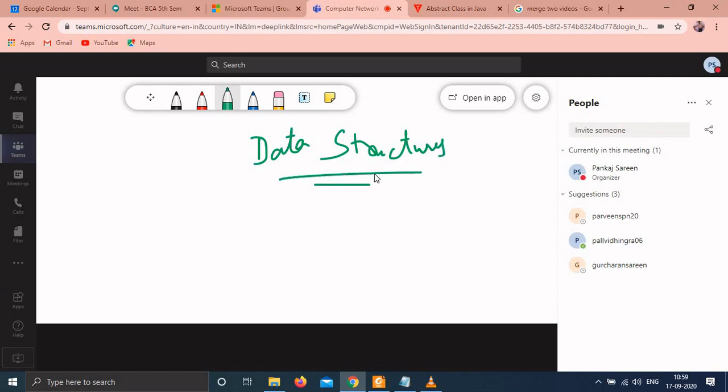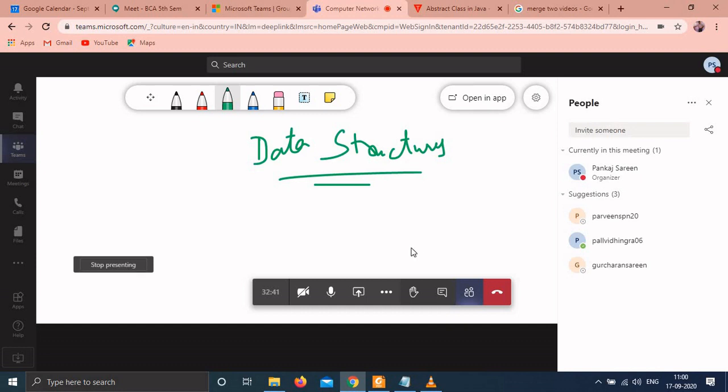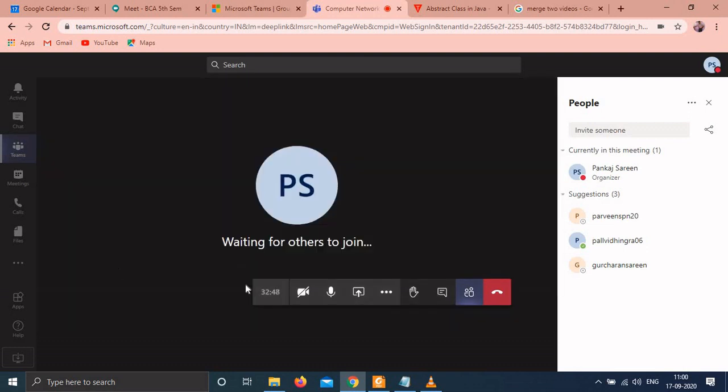So easy. There are so many options available. So these many options you can get from the Microsoft meeting. If you want to stop sharing, you can click here, stop presenting. As I don't have any student here, but you can see the attendance list from here. You can manage the permissions, and even Microsoft gives you suggestions of the persons that are already in the Microsoft Team channel.